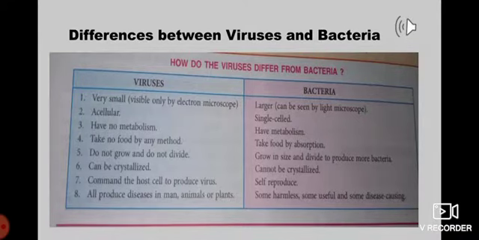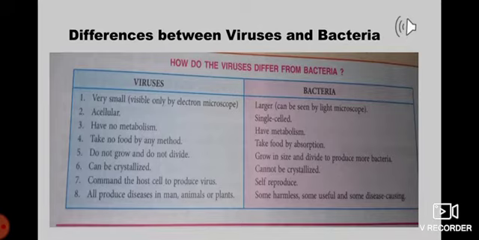So, today we will be dealing with the subtopic: how do viruses differ from bacteria? Differences between viruses and bacteria. If you look at the slide in the tabular format, you will see the first point, that viruses